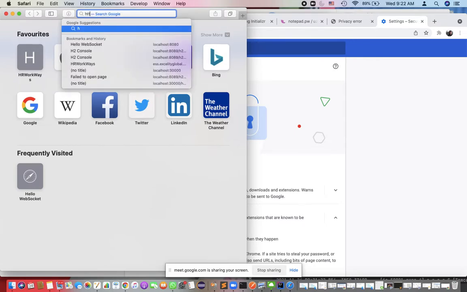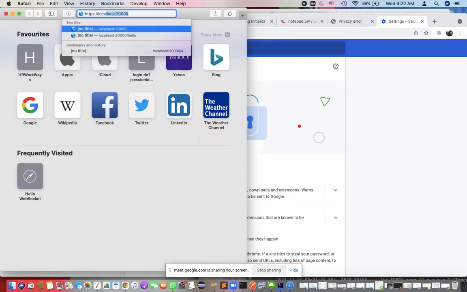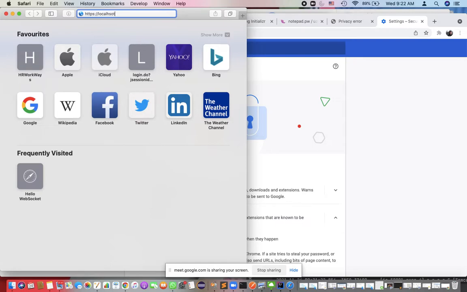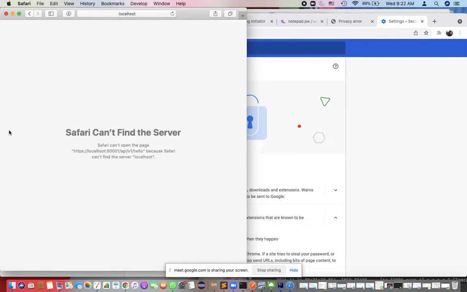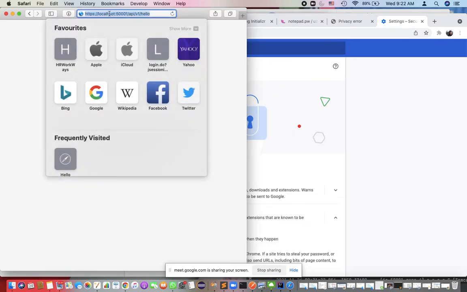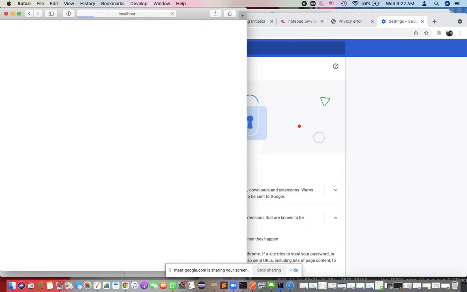So if I come here and if I give localhost 5001 api v1 hello, oh sorry, I gave the wrong name, see,